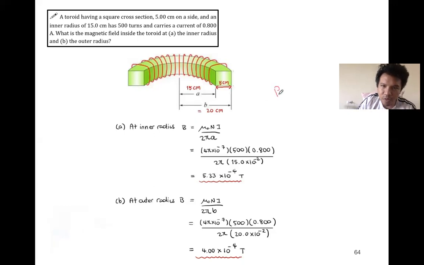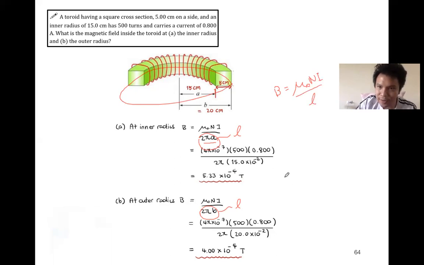Ampere's law for the solenoid gives us mu 0 N i over L. But for the case of a toroid, I replace L by the circle 2 pi a for the inner radius, and I replace L by the circle 2 pi b for the outer radius,